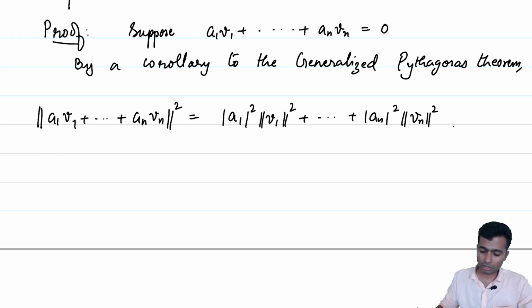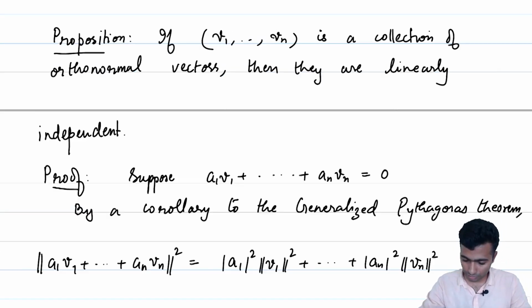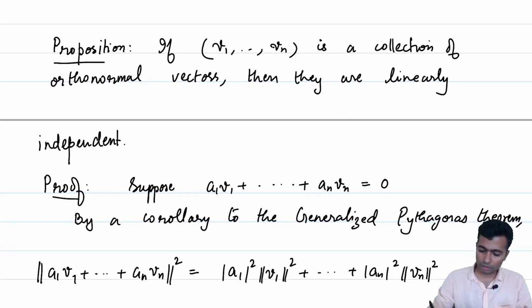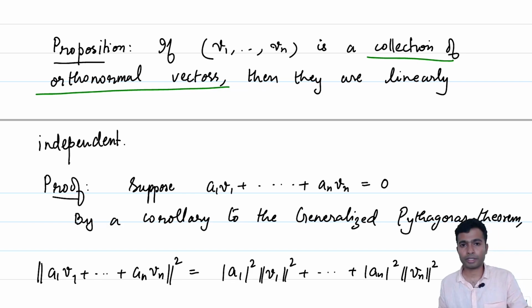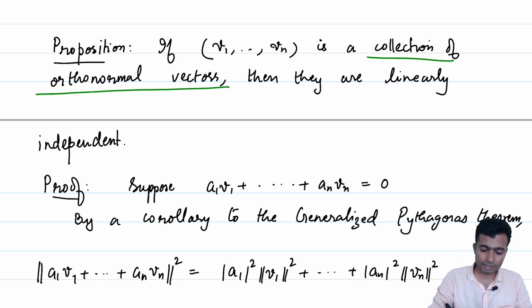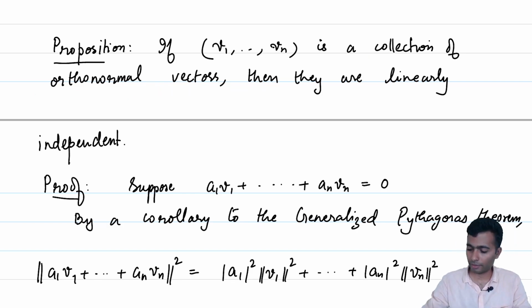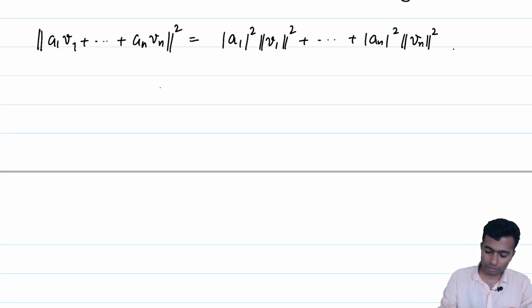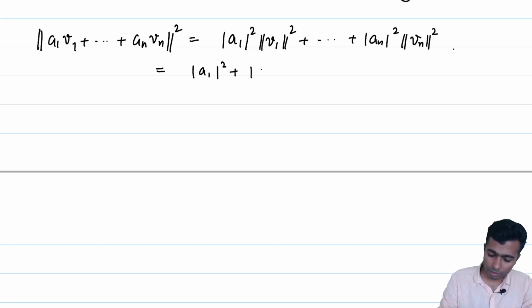But what do we know about V1, V2 up to Vn? It's, after all, as you can see, let me underline it, a collection of orthonormal vectors. So in particular, each of these Vi's has length 1. That means this is just equal to |a1|² + |a2|²